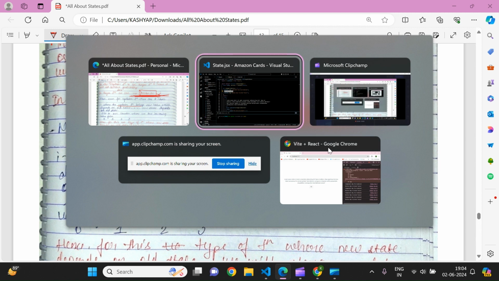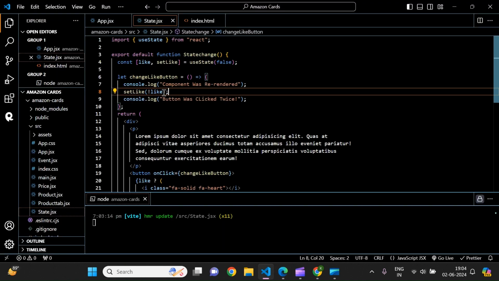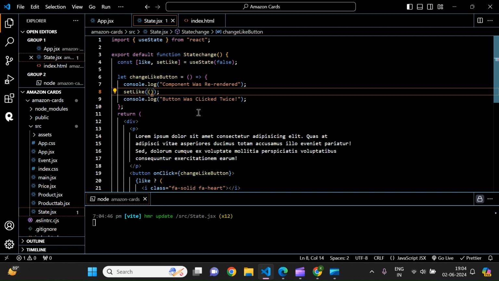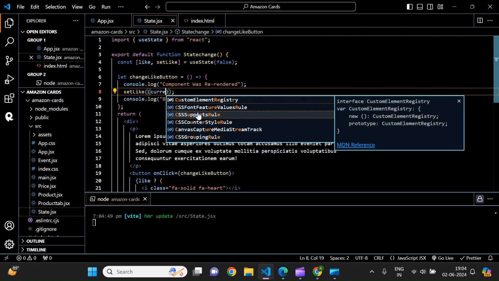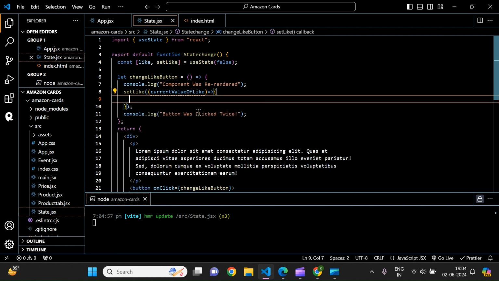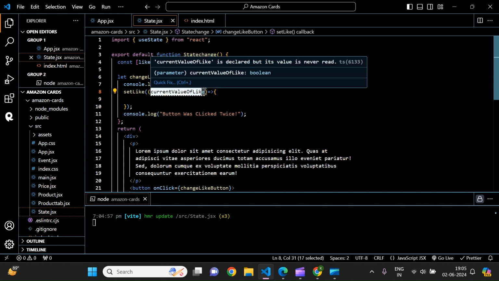So let's see for our example how it is going to work. What we want to do is, let's do one thing, Control X. So the current value of like is going to depend on some other value. Okay, so for the current value of like, what we are going to do